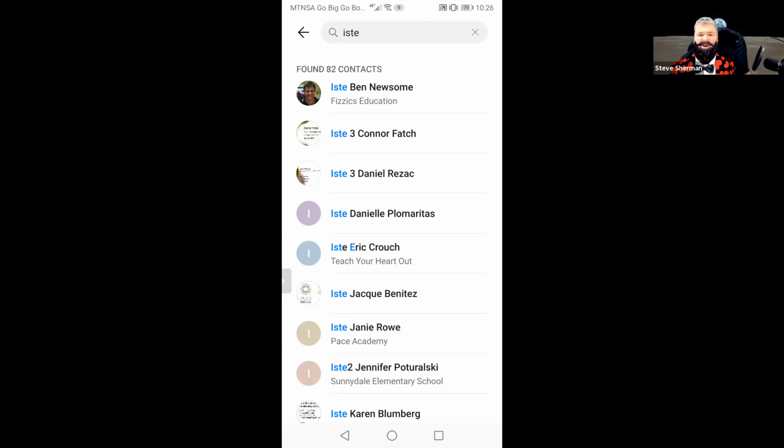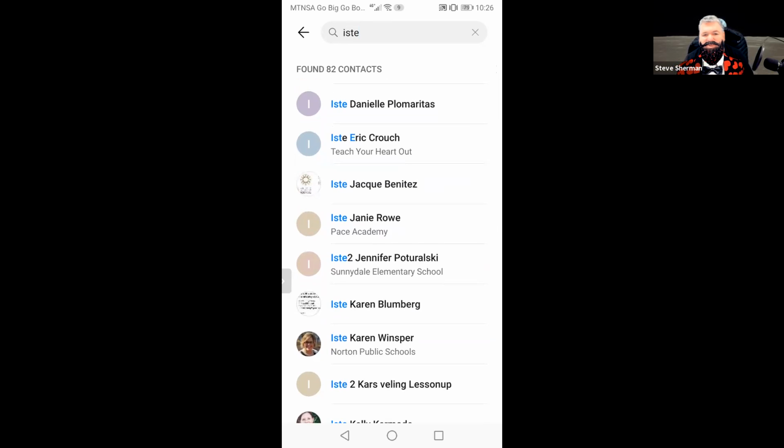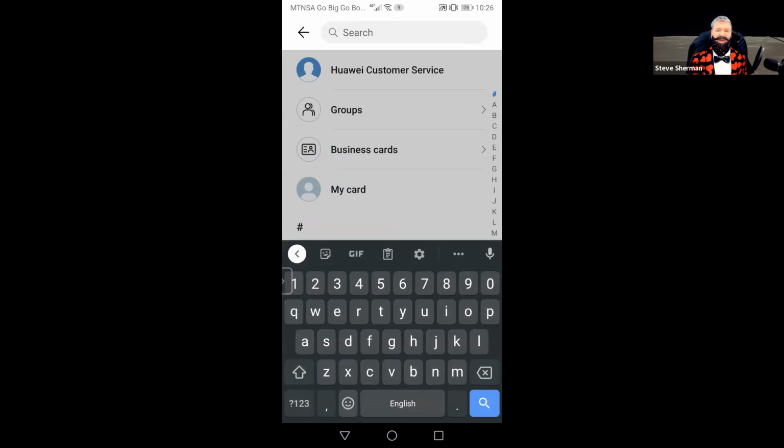And I've also got Eric Crouch. It says, teach your heart out. I've got Janie Rowe from Pace Academy. Jennifer Potoralski from Sunnydale Elementary. So when I meet these people and I take their contact details down, I also say where they are from. And that way, I can put a name, an organization, and the event all together in one thing. So saving names in your address book with 1 or 2 keywords is very helpful,